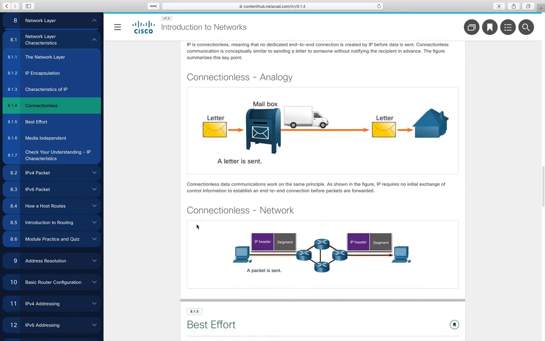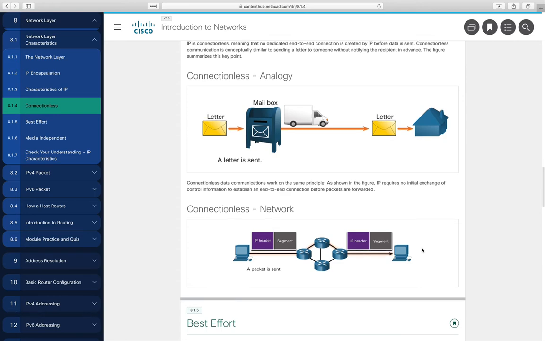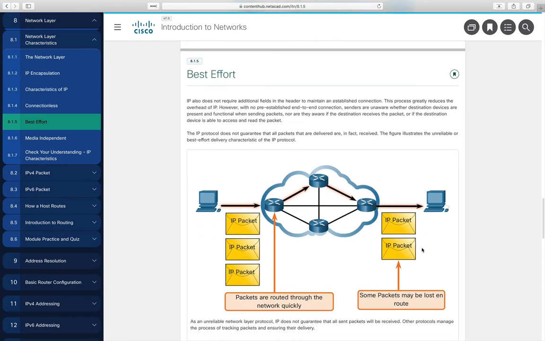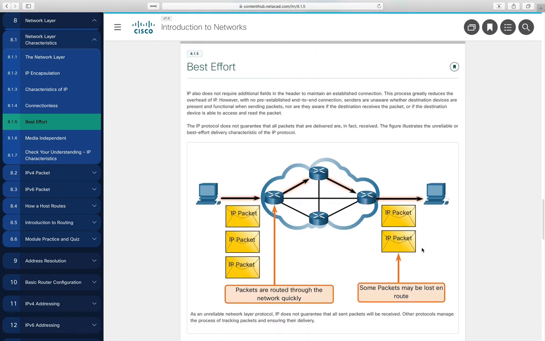So now if we look at the network, it's kind of the same thing. We don't know when a computer is going to send a packet to us. We as the sender assume the packet's going to make it to the destination. That packet travels through some set of network devices and then hopefully makes it intact to the destination computer. So there's a lot of similarities there between that and a letter being sent through the U.S. Postal Service. As far as best effort, hopefully it makes it there, hopefully the network's up, but we really have